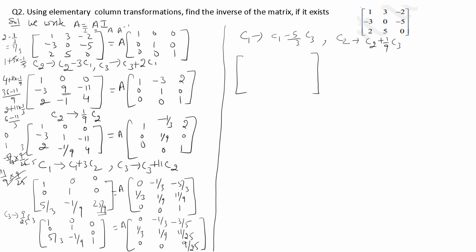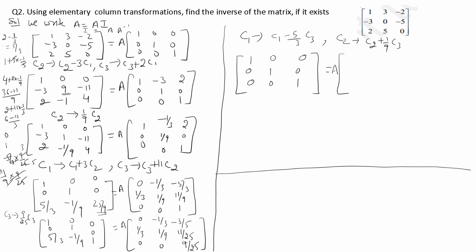So C1, okay, 1 and 5 by 3 times C3 is 0. Again next is 0, no effect to this, and this will turn out to be 0. Again C2 plus 1 by 9 times C3. So this is 0. So this will be 1, no effect. And the last minus 1 by 9 plus 1 by 9 is your 0. And I think we are done with our identity matrix on the left hand side. Now let us apply the same operation on the right hand side,